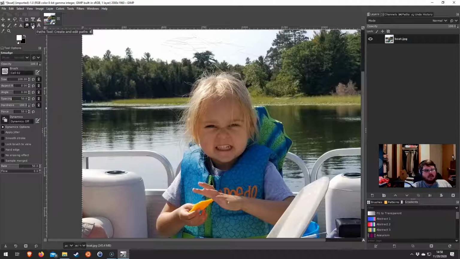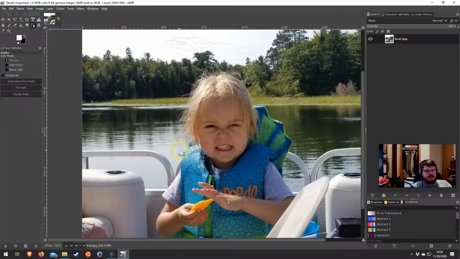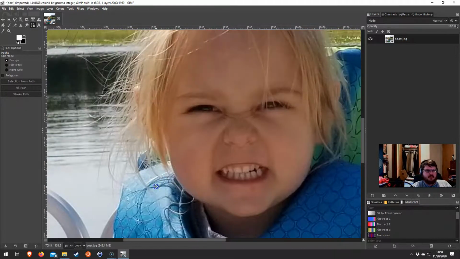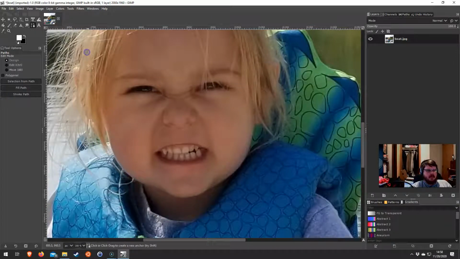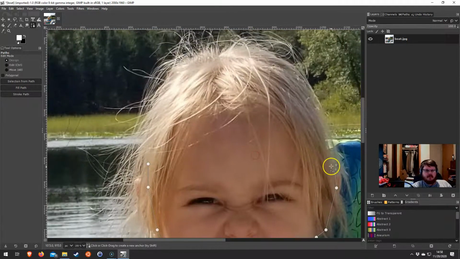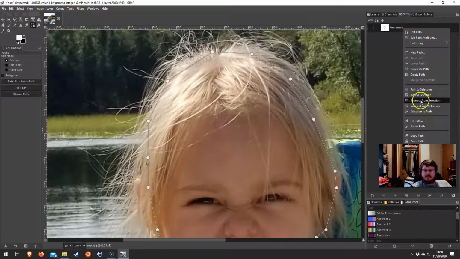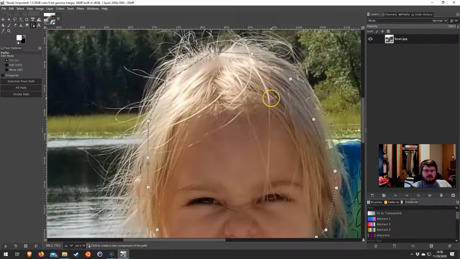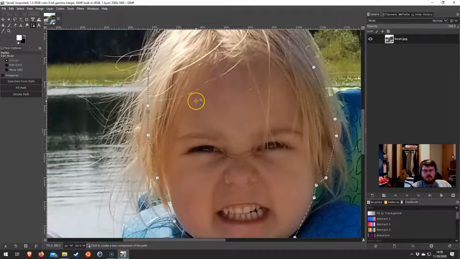The paths tool. We will probably not do a whole lot with paths, but one of the things that you can use paths for is to cut something out of an image. I'm just doing this really quickly, but this is one of the ways that you can do some very fun little Photoshop jobs by just cutting something out. There we go. And then you go up here to paths, and then you say path to selection, and that creates a selection where your path is. Normally you'd want to create many more little dots on your path, a really detailed path to cut something out precisely,